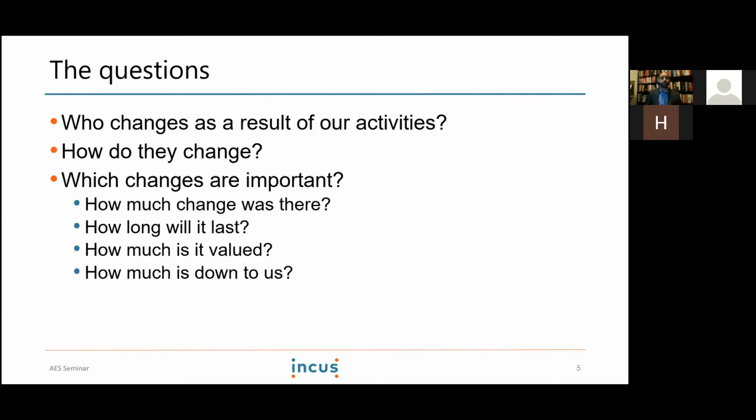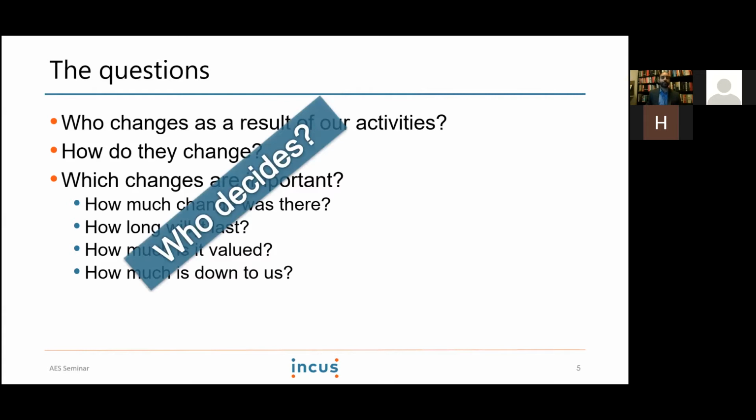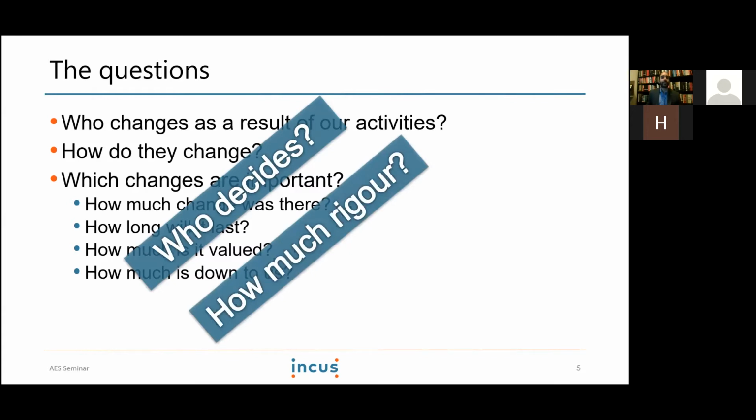And what the social value principles and the framework around social value measurement do is help give us a framework to say, who decides? Who decides the answers to these questions? Who decides the questions that we ask? And how much rigor do we need at each of these stages? That's about the amount of information or the level of rigor that's required to make decisions at different times. So whether you're planning for a pilot that you might roll out, the level of rigor and the detail of information you might need is very different to if you've got a $100 million program that you're trying to roll out nationally. So all of that depends on judgment calls.